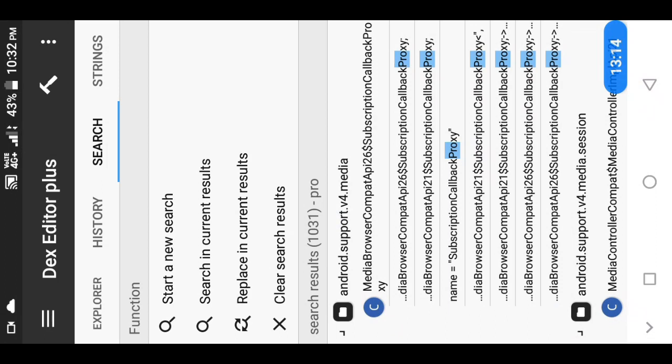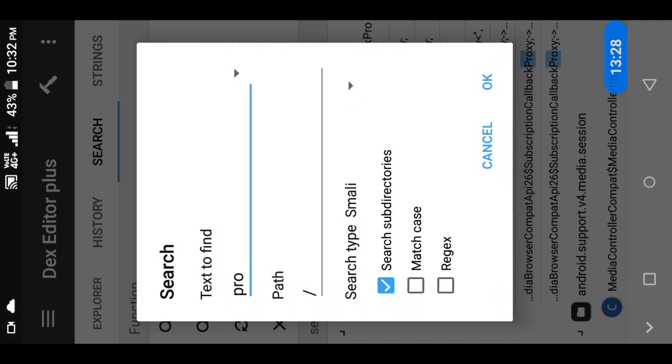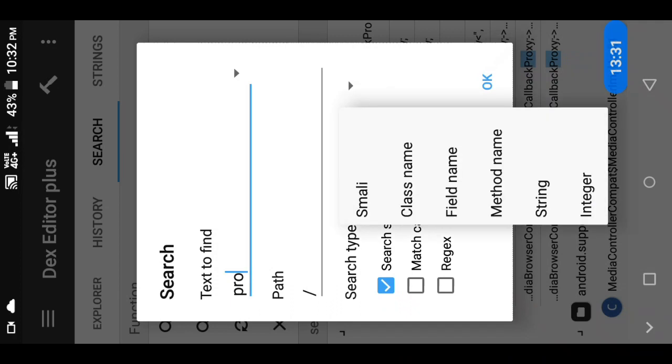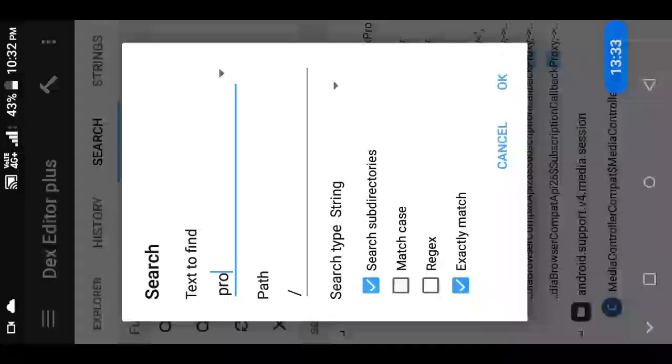So what I'm going to search for is the preference. You know the preference, so it will be stored in preference. The preference name will always be in double quotes, that is a string. So by applying this logic, I am going to change this from small e to string, so that it may decrease our effort.